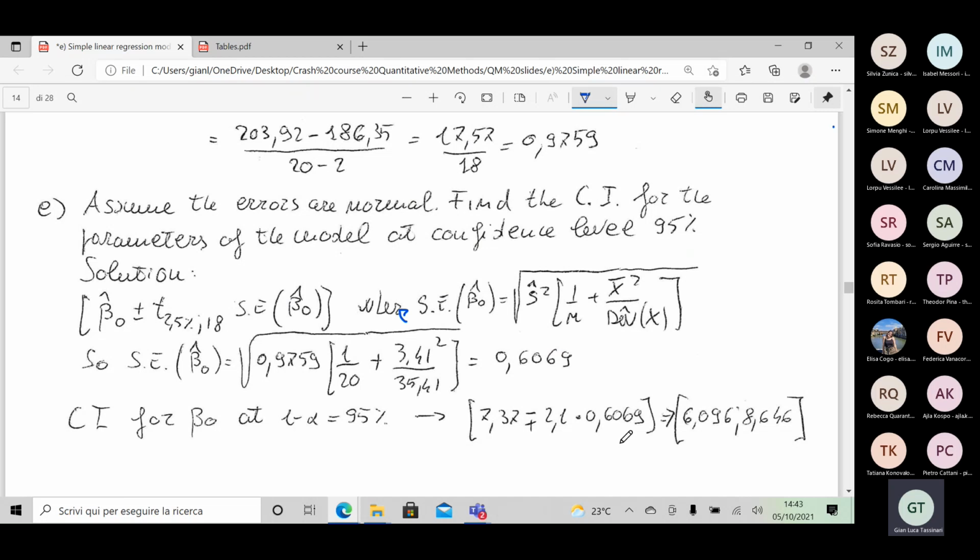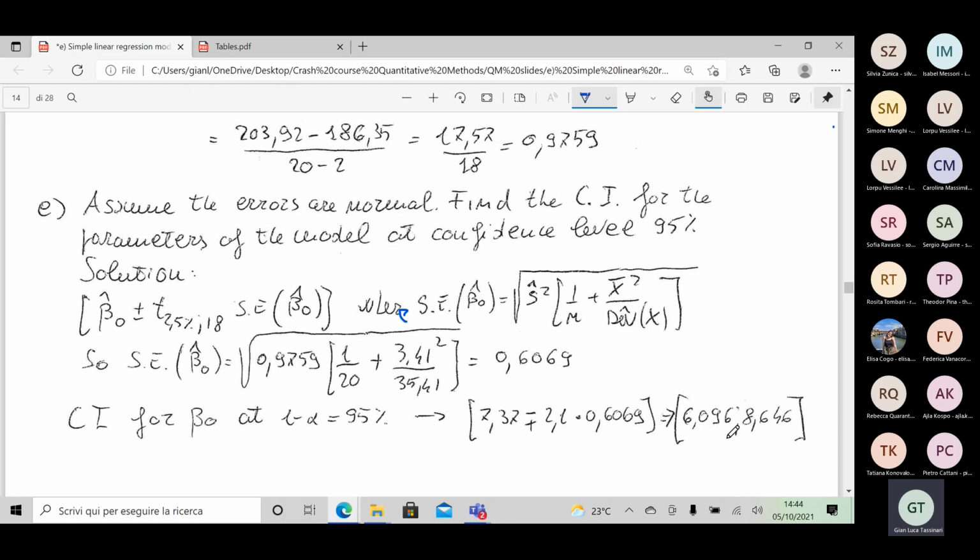Okay, and so this is a confidence interval for the intercept built at a confidence level of 95%. So 95% of the samples that we can select will provide a confidence interval containing the true beta zero. So there is only a chance of 5% that our confidence interval will not contain the true beta zero, because there is a chance of 5% that we selected that sample, but we cannot know if this is a good sample or a bad sample. However, we know that 95 over 100 samples are good, and only 5 contain